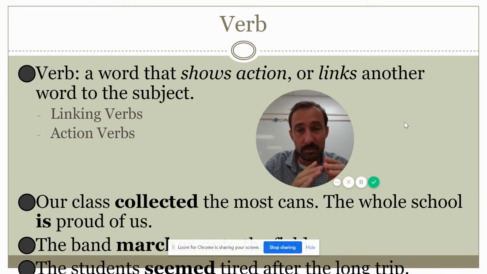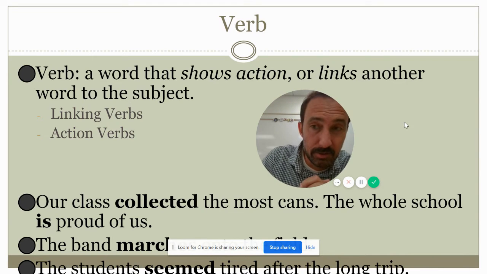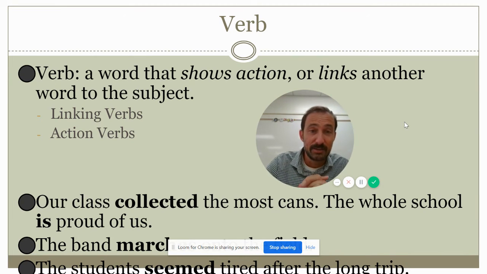A linking verb is something that connects the sentence together. So, for example, am, is, are, was, were, be, being, been, have, has, had, do, does, did, shall, will, should, would, may, might, must, can, could. Those are all linking verbs. I had a very sad childhood where I sat around and memorized linking verbs. So, I am a teacher. Am is the linking verb in that sentence.